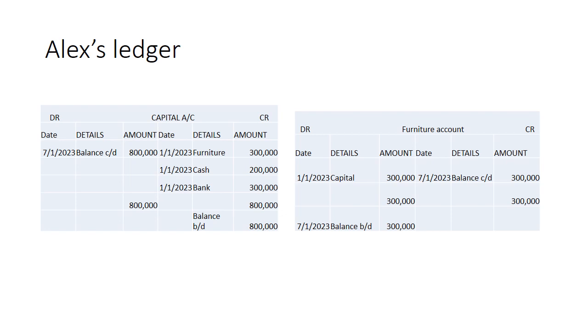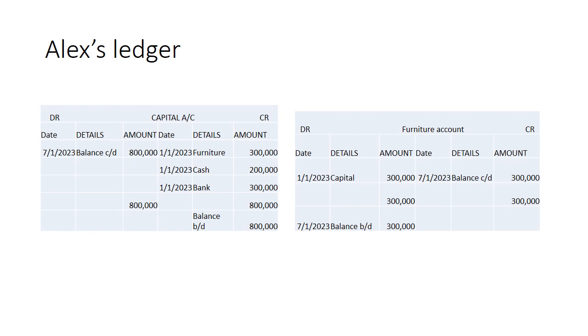On top, it is the capital account. Within the account, we write the corresponding account. So we have transaction number 1, on 1st January 2023. It involves 3 accounts: furniture 300,000, cash 200,000, the bank